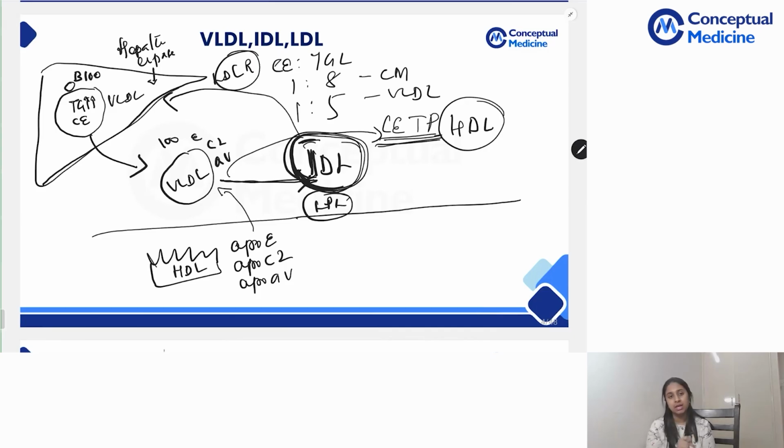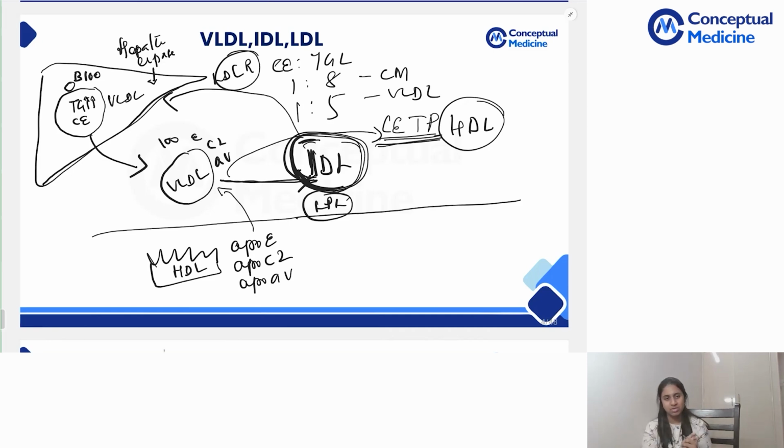That is there inside the liver. So what does hepatic lipase do? The same sort of action which your lipoprotein lipase does. But lipoprotein lipase is outside your liver, inside the vessels, whereas hepatic lipase is right there inside the liver. So it will break down all the remnant particles in your IDL. Starting from cholesterol esters, it concentrates more on cholesterol esters and breaks them down, and to a certain level lipolysis of triglycerides also happens. So finally, they degrade and again help in the